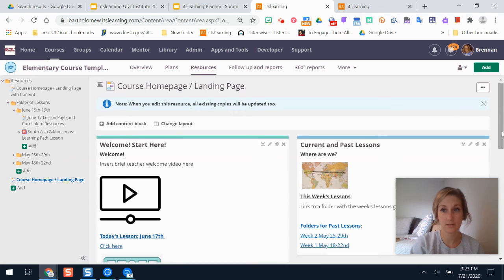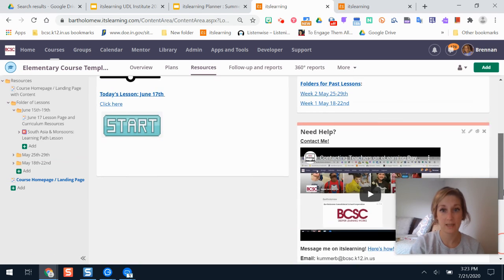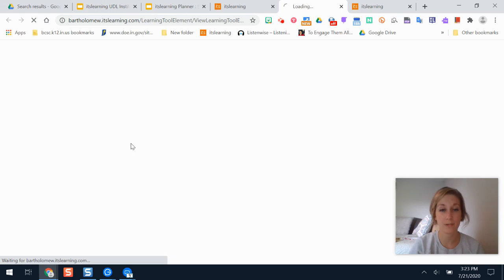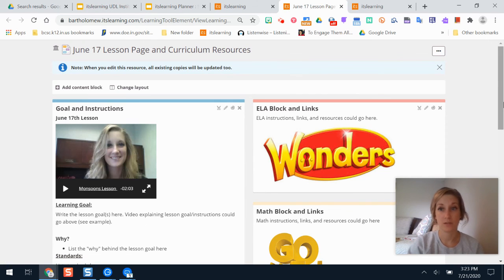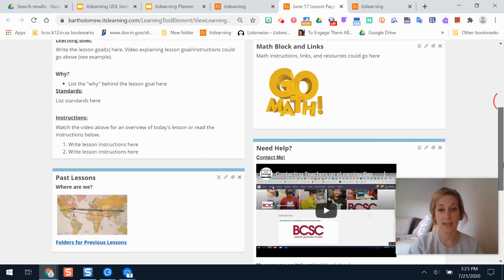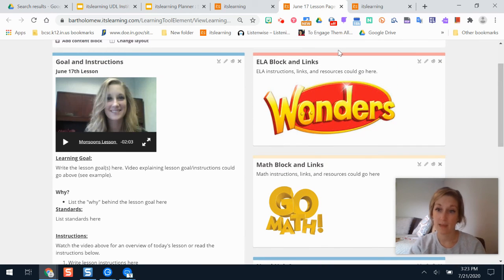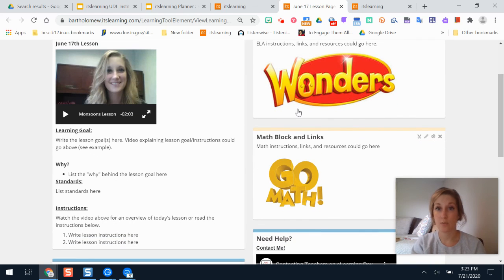And now, when I click either here or the start button, it opens up my daily lesson page in another window so my students can see what they need to do for the day, and all of those lesson resources are there. So that's just kind of a helpful thing to do if you're getting started and you want to set up pages as the way of organizing your course. You can even make folders, however you want to do that, but this is just showing you how to link